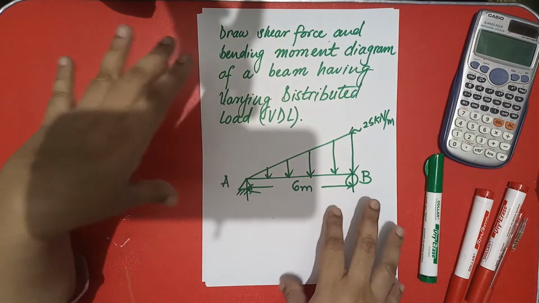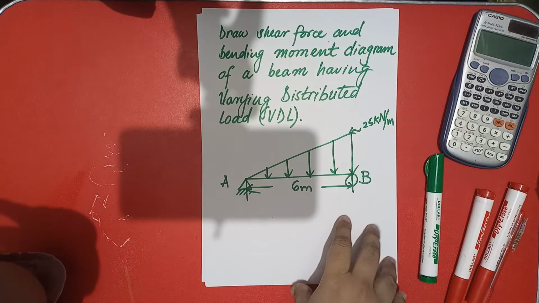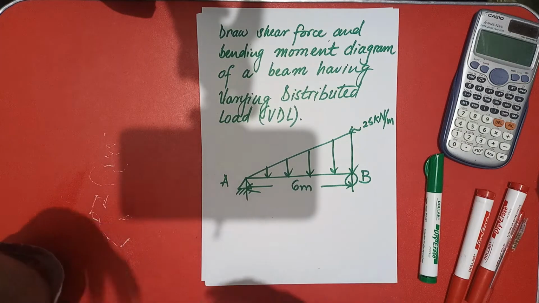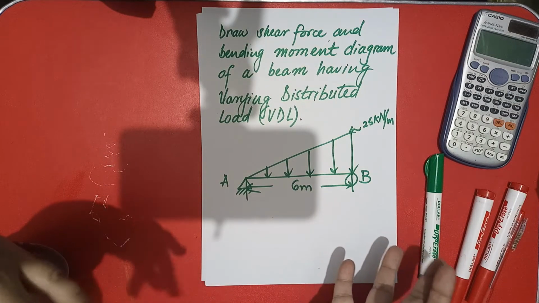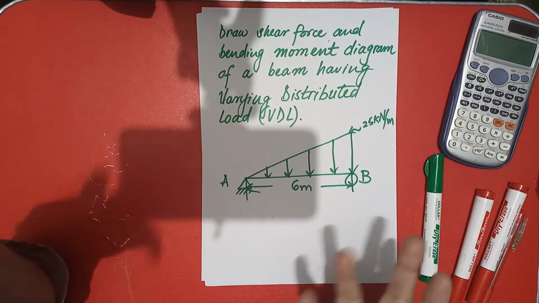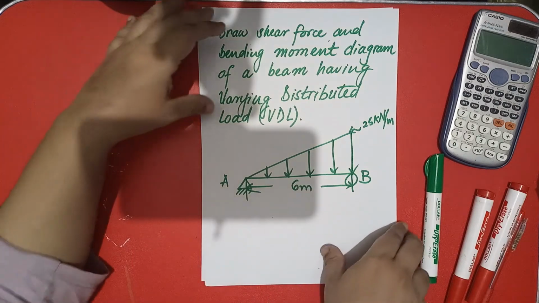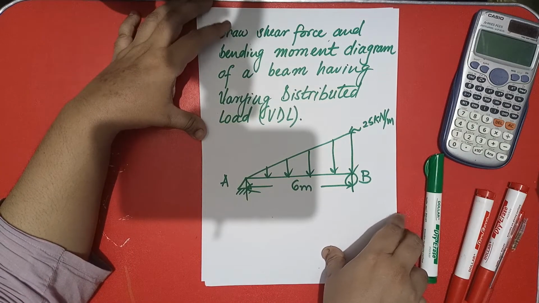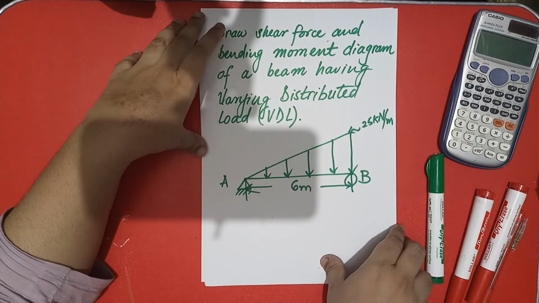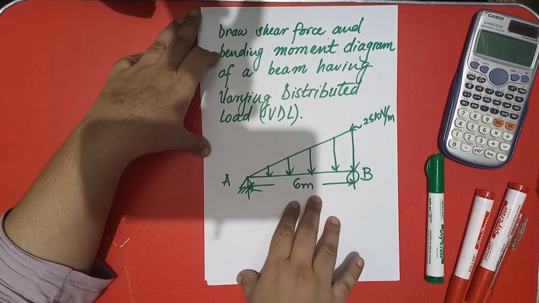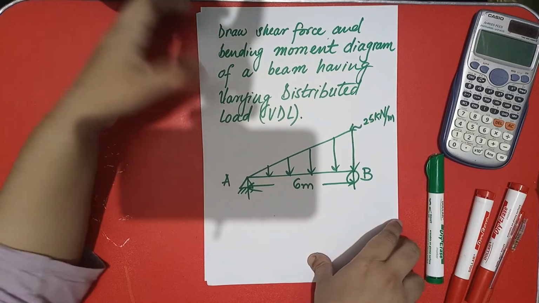Right now it's a very initial numerical in which I just want to elaborate how you can find the shear force and bending moment diagram for triangular loading. Then we will move towards beams having uniformly distributed load, triangular loading and point load as well, a combination of different types of loadings. You have to apply all the types of loading, find the support reactions, and then move on to constructing the shear force and bending moment diagram. So let's start with the solution.